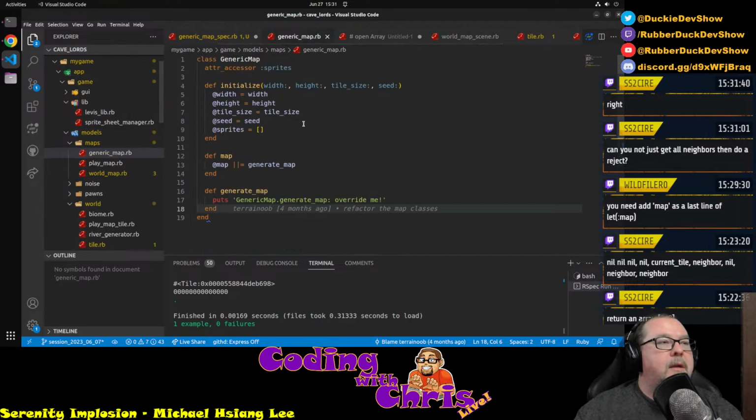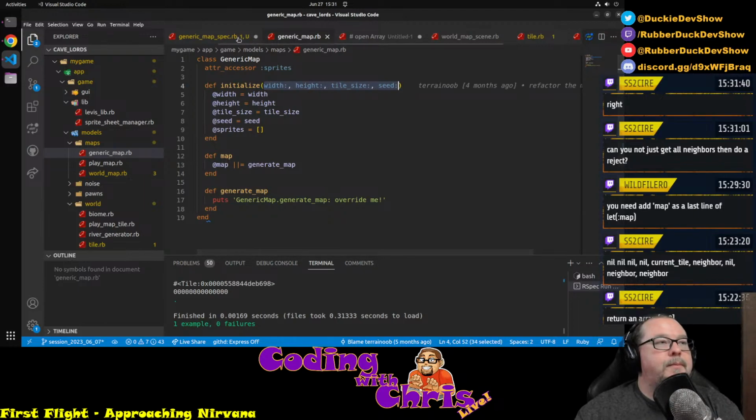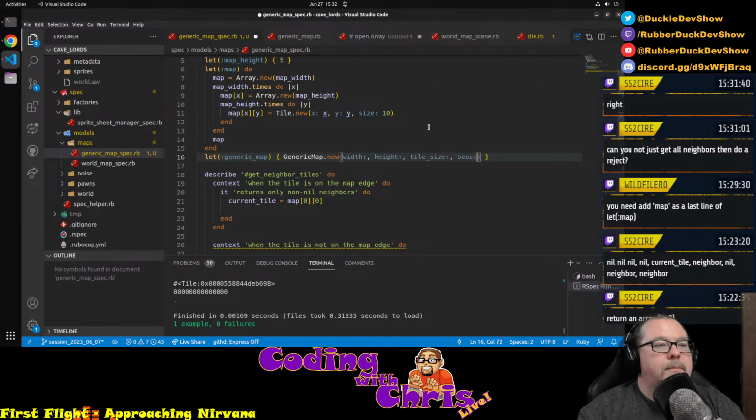Don't think I have to pass anything into that. Okie dokie. Width is what? We're 5 by 5, so 5. Height is 5. Tile size is 10, and seed is 1, 2, 3. Great, nifty. All right, so